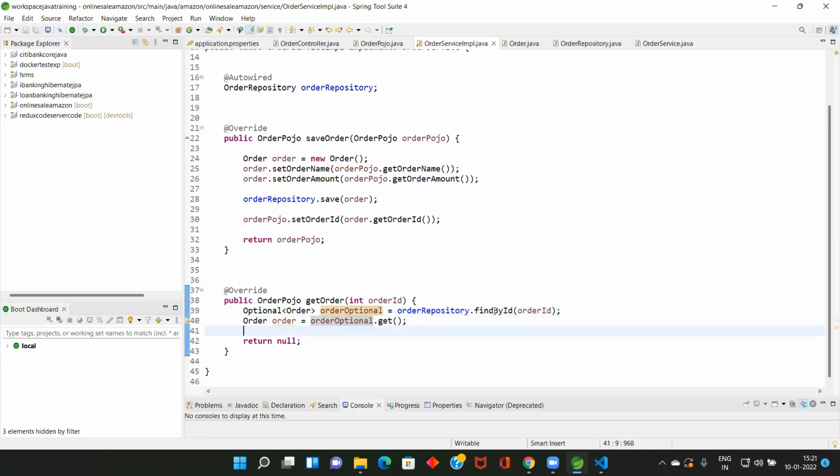So this return type is in Java, there is an Optional concept, Java 8. It's like a container which will contain the order value, and from Optional, the get method will give you the actual object. So anyway, it's not going to confuse you, I think so.